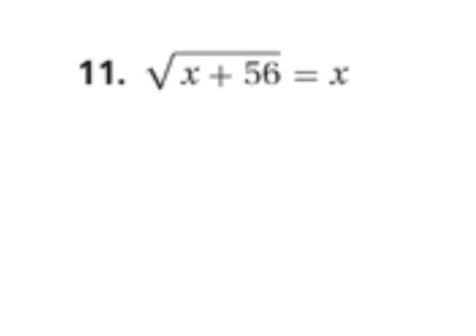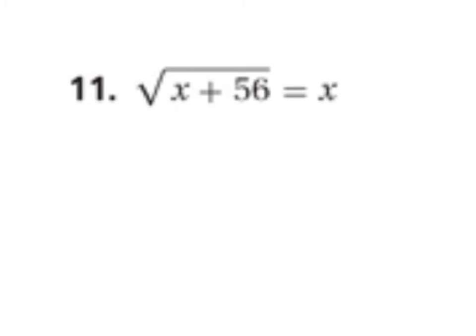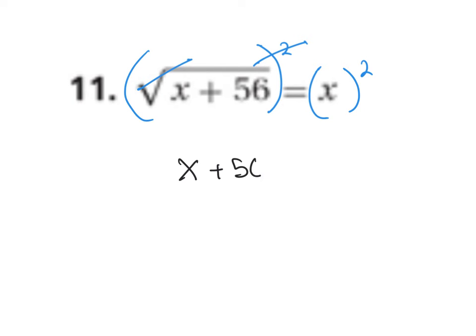Okay, now let's look at this one. What do you suppose we need to do? I need to get rid of the square root. So how about we square? But whatever you do to the left side, you do to the right side. Square root and a square cancel each other off. So now you get x plus 56 is equal to x squared. Oh, man. What happens here? If I see a square, this is called a